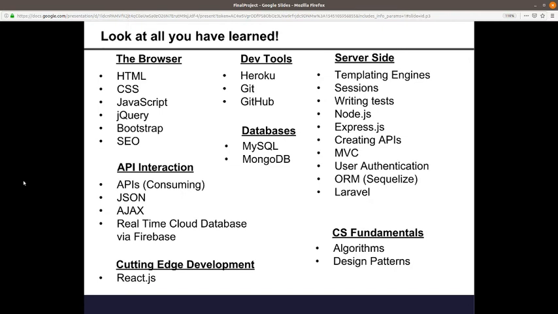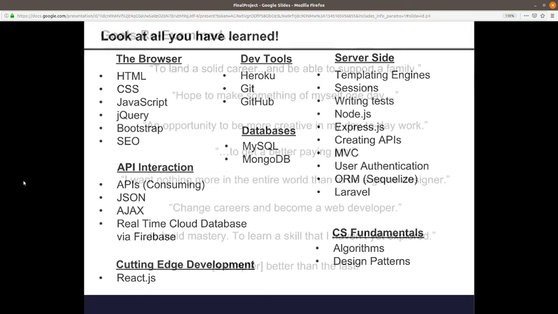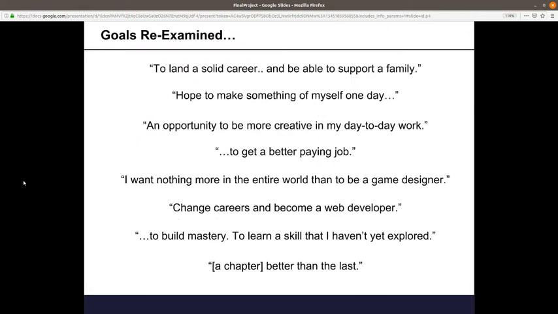So there's an absolute massive amount of stuff we've covered in this class, and you should be really, really proud about everything that we've gone over, because it's an impressive tool set, especially as you learn to master it, right? So we're coming out of this. We're not masters of anything yet, but that's okay. It takes years and years and years to become a master of anything. So we have a great foundation, though, to take it to the next level. And you should be really, really happy about that, because it's an awesome skill set. It really is. So what are some of our